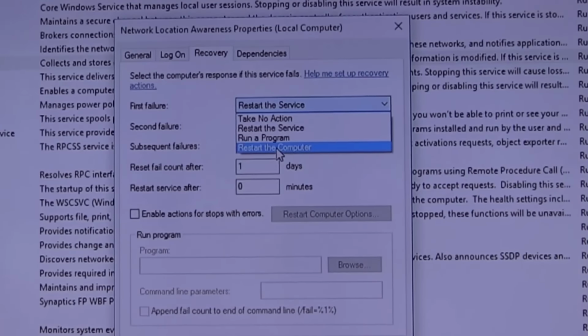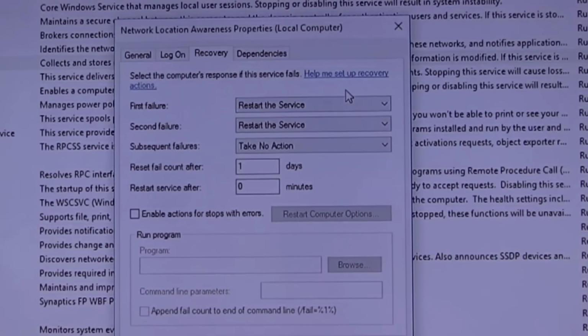We can even restart the computer. Wow, that's serious. So, listen to me carefully. If I install a web server, and the web server locks up, I can set it to say, okay, try to restart the web server. If that fails, then restart the server.